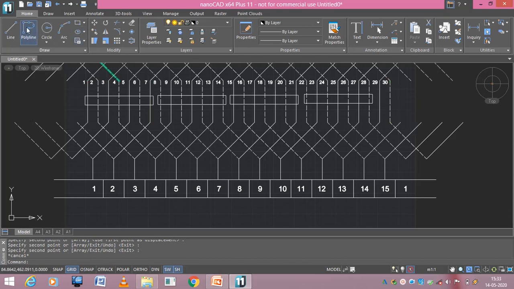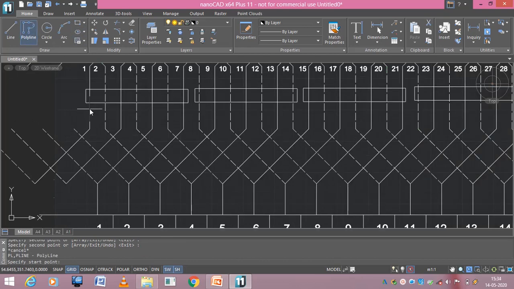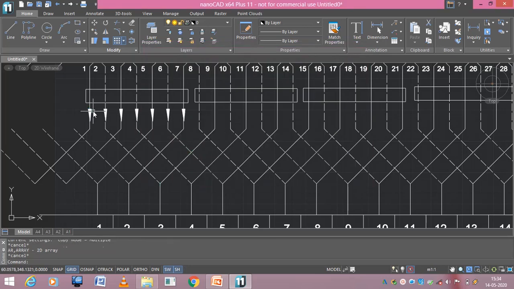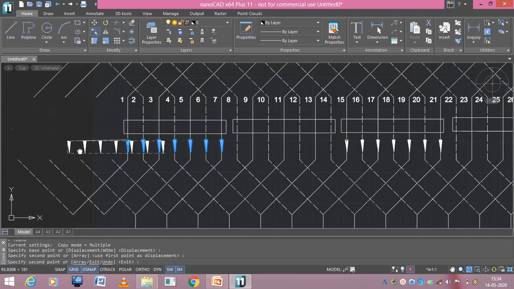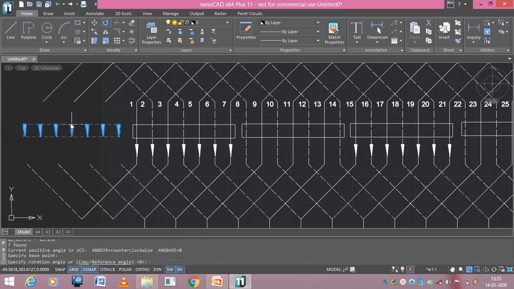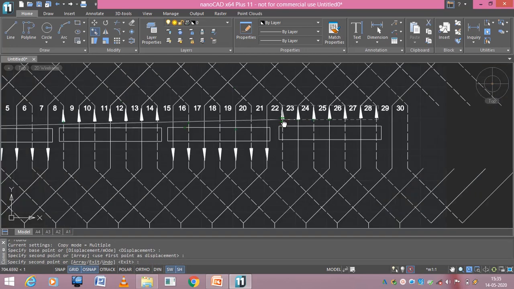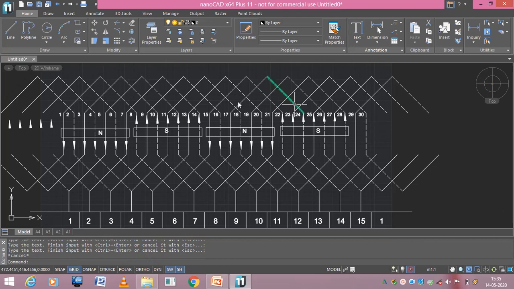So let us go for marking the direction of the induced current by using polyline. South pole. Okay, now